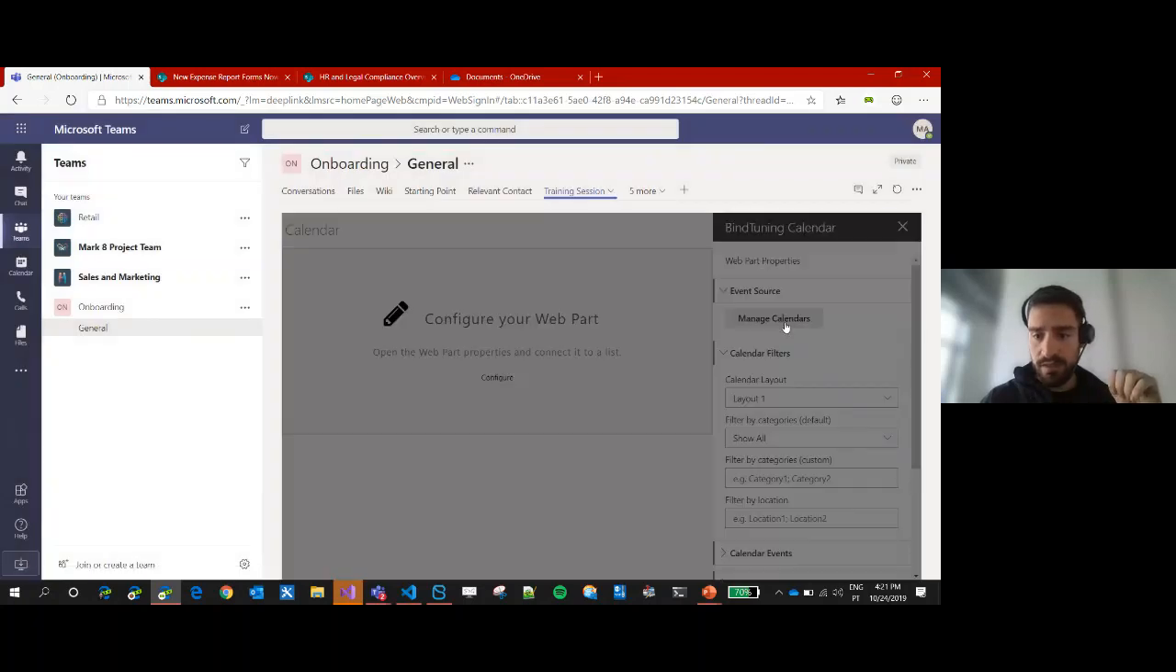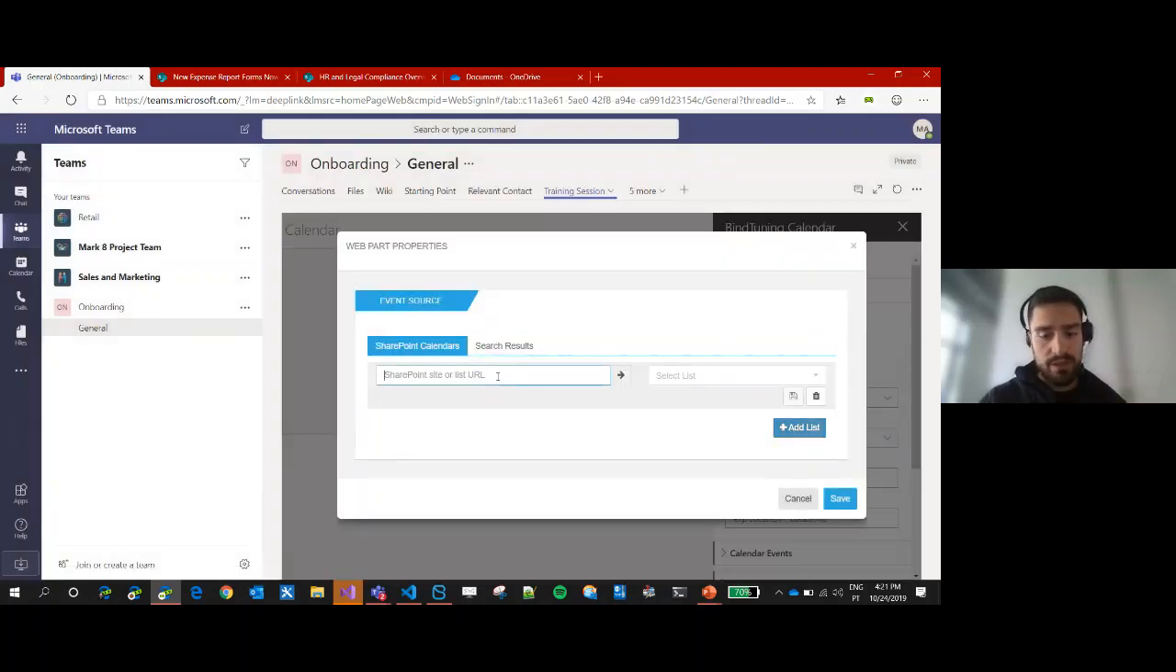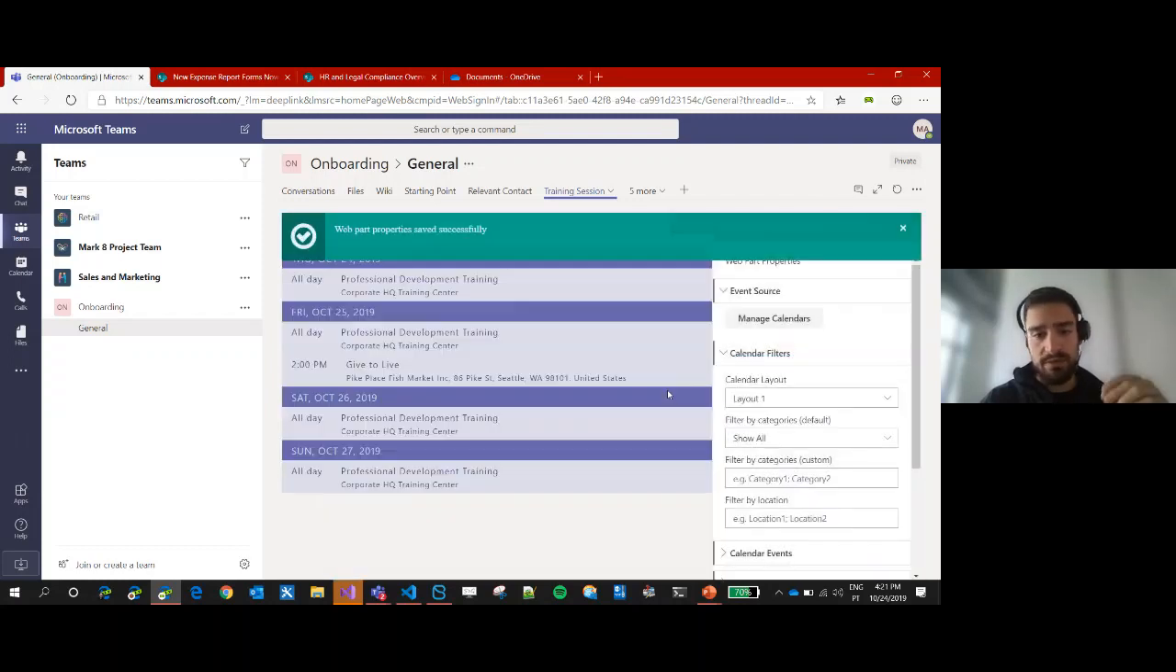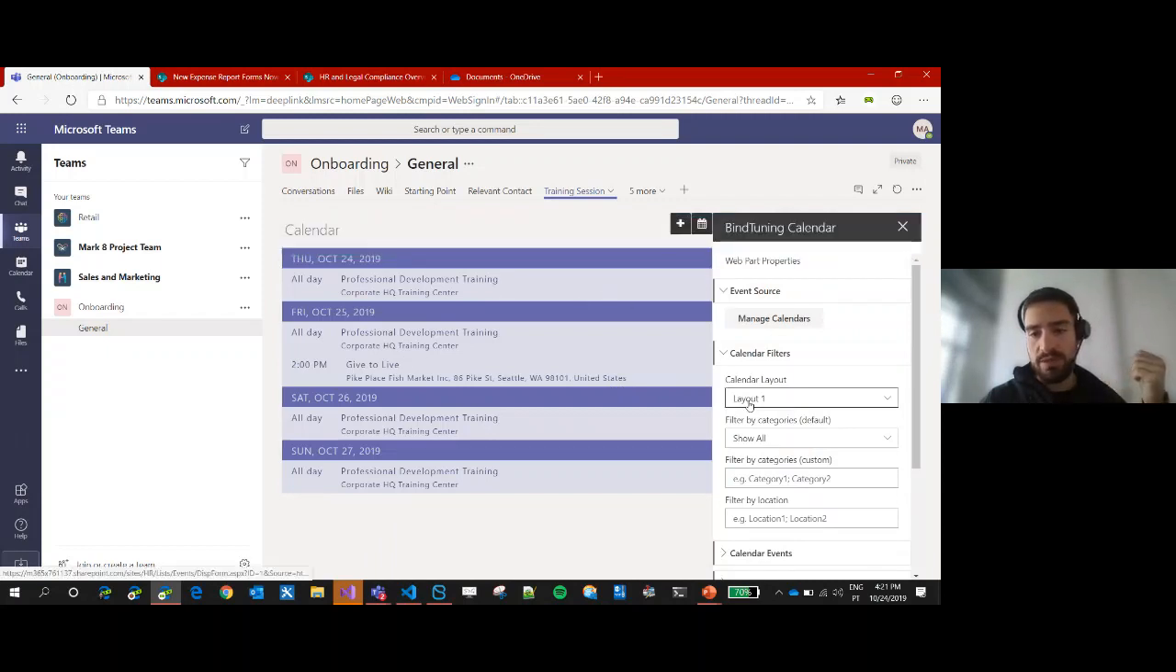And now we're going to actually create the list, the connection. Over here, these training sessions are on HR. And once we save this, it will list all the items that we have. In our case, we can see that we have this professional development training. We have other different